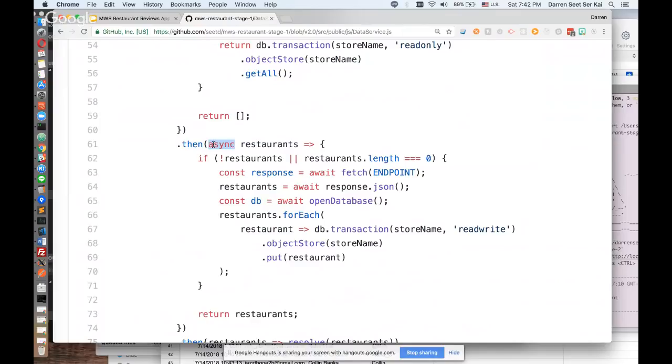This syntax here is part of ES6 as well. It's async await syntax. I did it here because I didn't want to get into callback hell. Because if not, you'll have to do another promise within this call, which is kind of tricky. So what this does is, I'm saying this function is asynchronous. So if you encounter an await, what it does is,